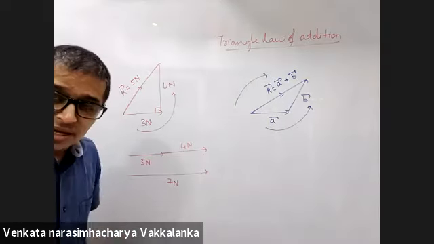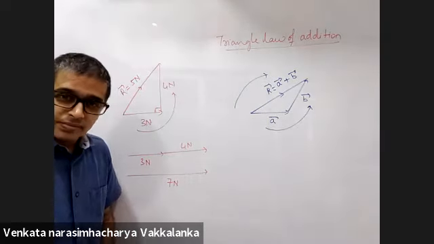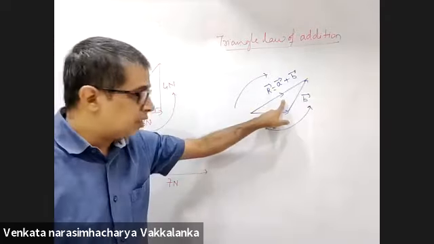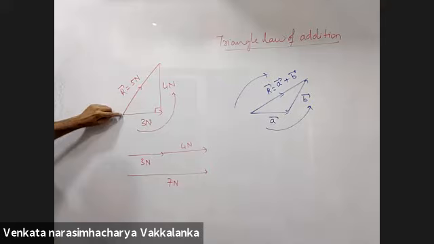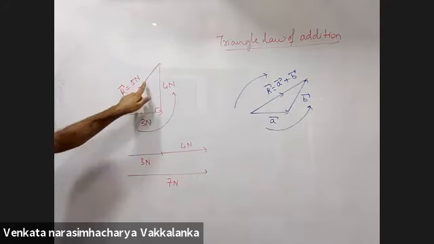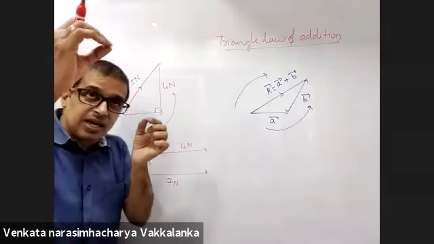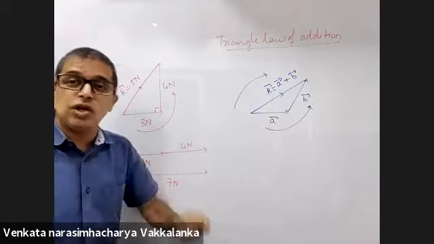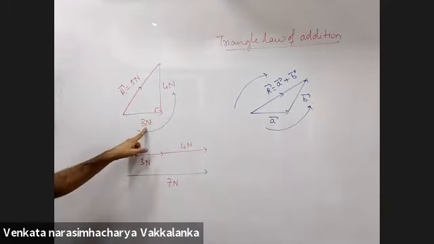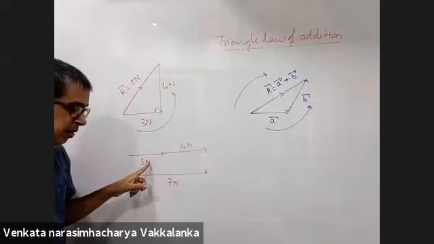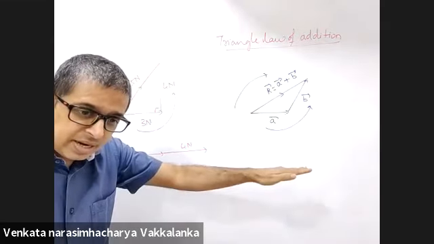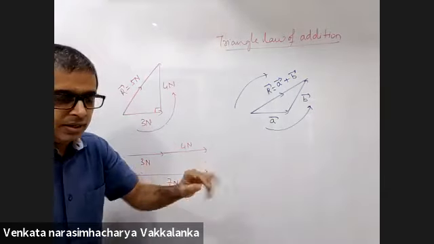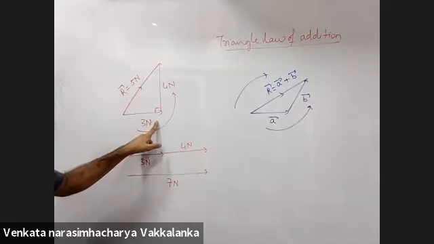Is the difference clear? Yes, sir. Draw this diagram and take down both of them. This length is your resultant. Third side of the triangle, its length is your resultant. It is not 3 plus 4. 3 plus 4 will be 7 only if the two vectors are in the same direction. Here they are not in the same direction.